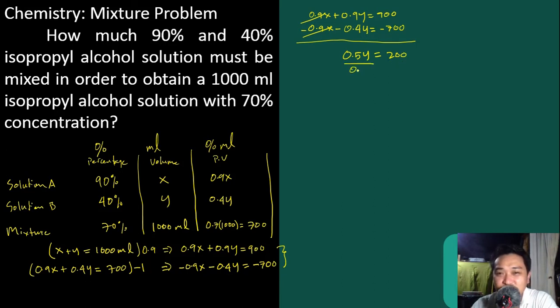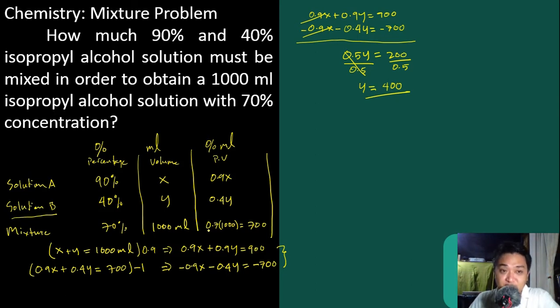Divide both sides by 0.5. Parang matira na lang dito y na lang, kasi makakancel to. So y is equivalent to 200 divided by 0.5, is 400. Ayan. So meron na tayong volume nung solution B. Meron na tayong volume for solution B, which is 400 ml pala yung kailangan nating ihalo